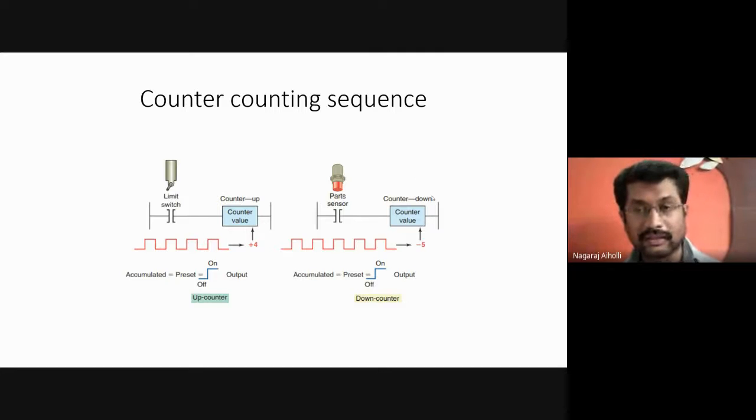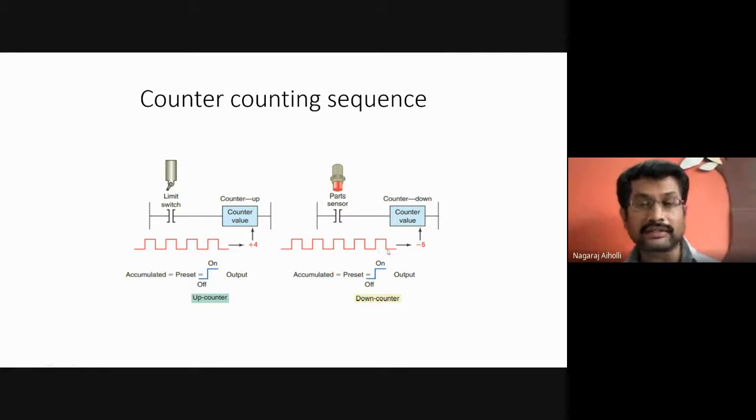Now, how many counts was it initially? It was -5 that it has counted. Initially the count value is set to, say, 10. 10 is the count value initially. Then for every input, for every clock pulse, it decrements by 1.